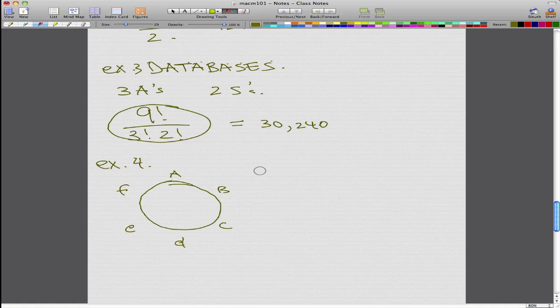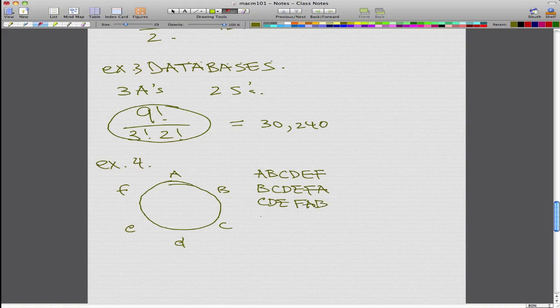If we start from the top, it's A, B, C, D, E, F. If we start from B, then it's B, C, D, E, F, A. And if we continue going on like that, C, D, E, F,